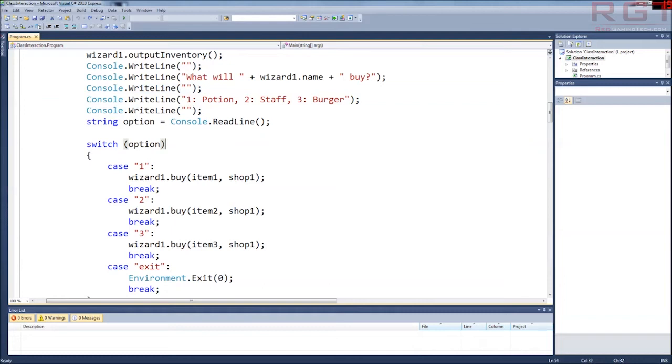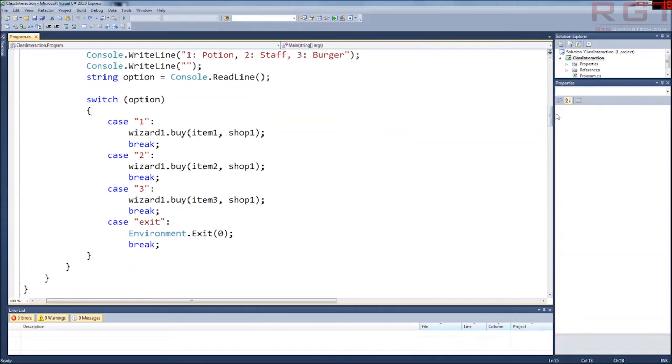So then we're just going to output another blank line, and we're going to give the player 3 options. Option 1 is for a potion, option 2 is to buy a staff, and option 3 is to buy a burger. We're going to output another blank line just for formatting. We're going to create a new string called option, and its value is going to be whatever's returned by this console.readline call. So whatever the player types in, option's value will be equal to that. Then we're going to invoke a switch statement on option. Now there is a little thing that I left out when I was coding this up, which I'm going to add in because it's a very important thing when you're using a switch statement, but I'll come to that in just a sec. So we're going to create a switch statement, and we're going to be looking at the option